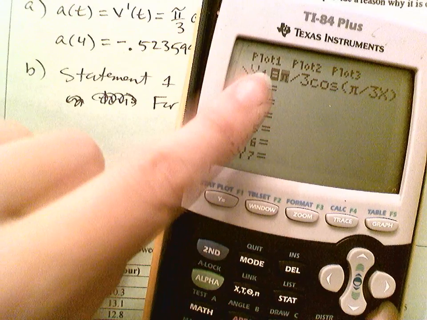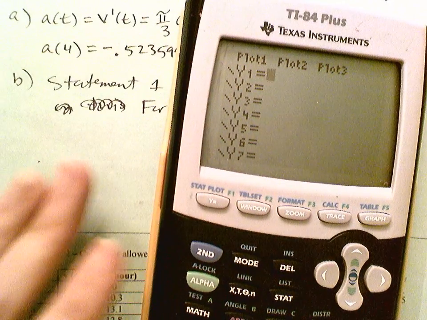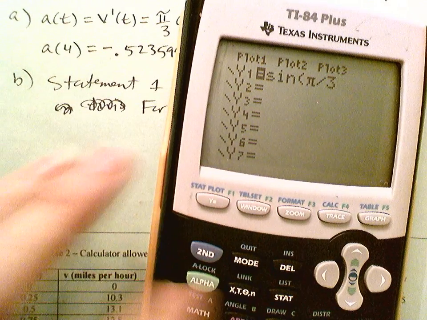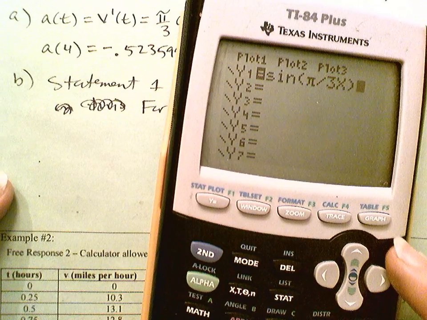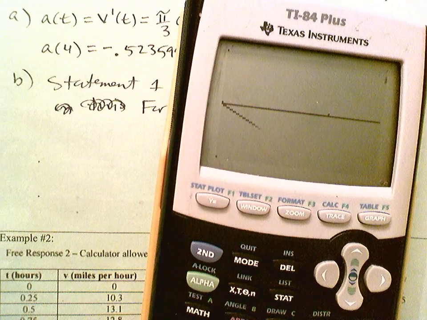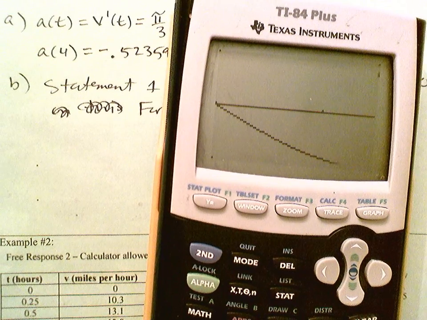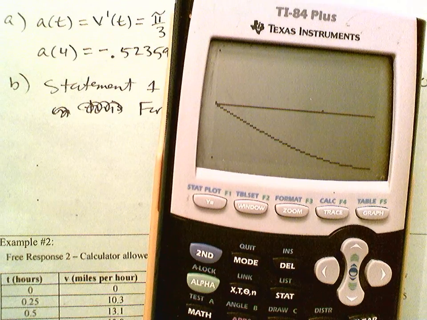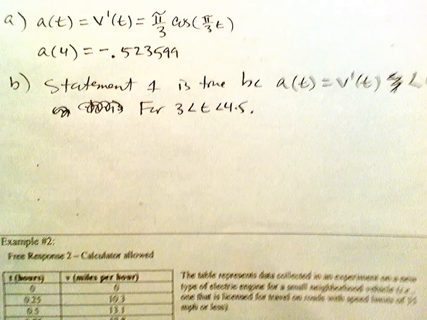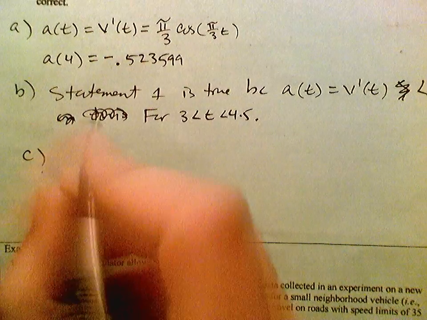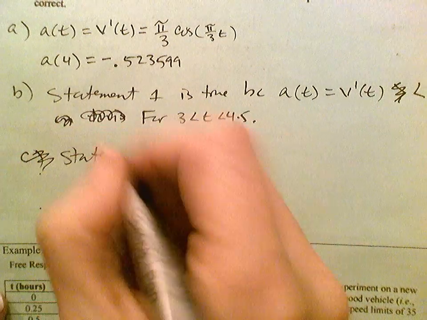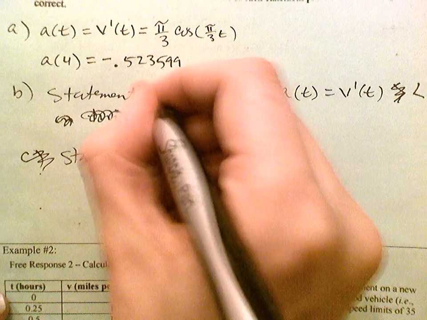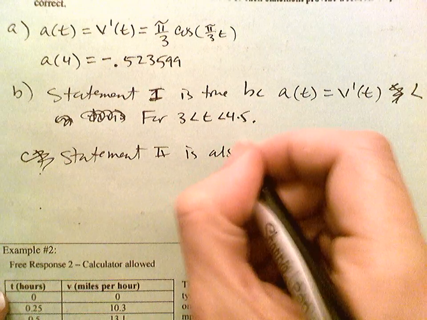All right, so that was the acceleration function. I already graphed it, saw it was negative on the interval. Now let me graph the velocity function. So far, so good. There's the velocity function, also completely below the x-axis on our interval of interest, so also negative. So for part C, still the same part, statement 2 is also true